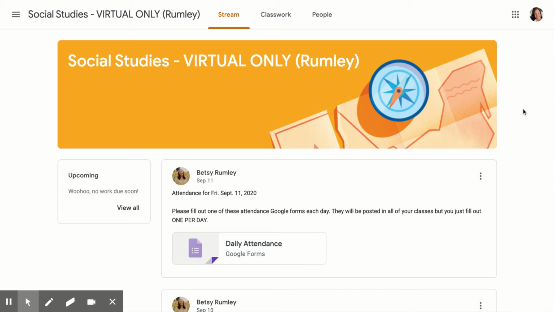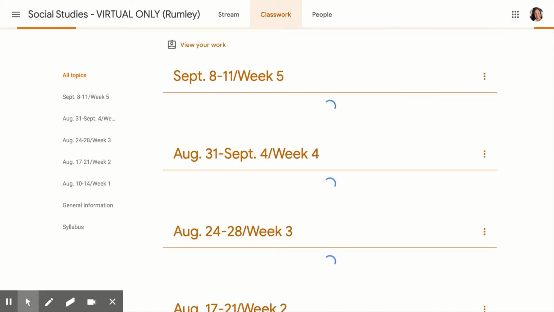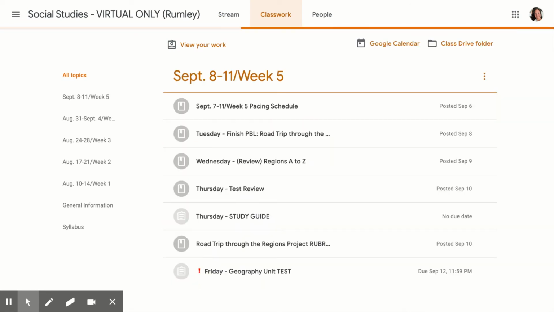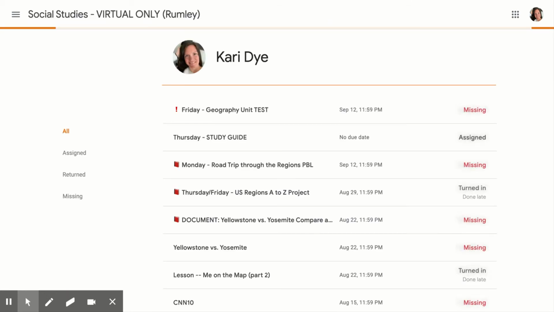Okay, so I'm a student in Miss Rumley's social studies class. So this is what it looks like when I first open her class. So once I open her class, I'm going to go to classwork. And then once it's loaded, it's going a little bit slow today. On the top, it says view your work right here. So if you click on view your work, it gives you a detailed list of every assignment that was ever